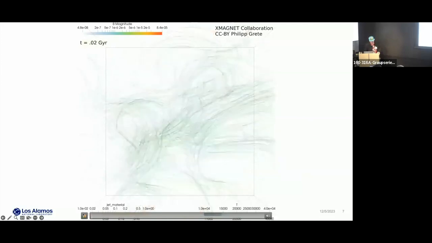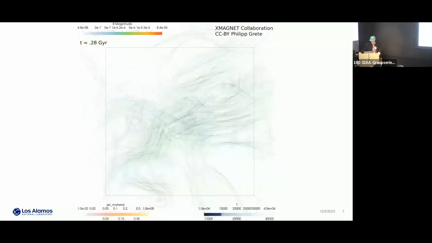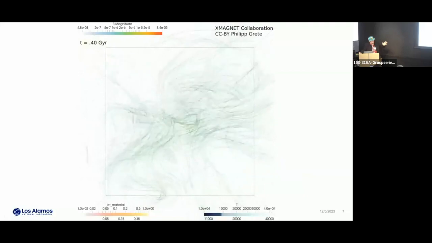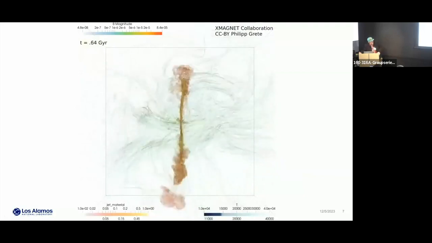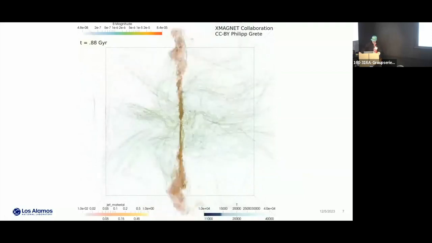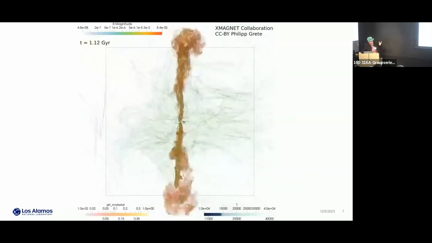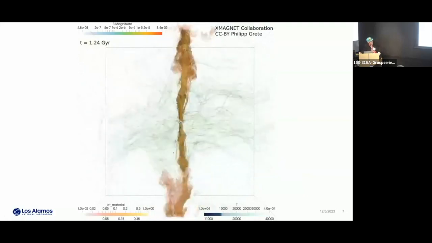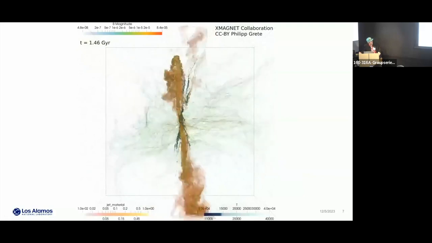I saw this on Sunday. So, the lines are magnetic fields with some initial perturbations you can see. Here, the jet turns on. The orange is the jet material. It starts out as these polar outflows. Eventually, cold blobs of gas will start to appear, and you'll see filaments start to form, there they go, these filaments.